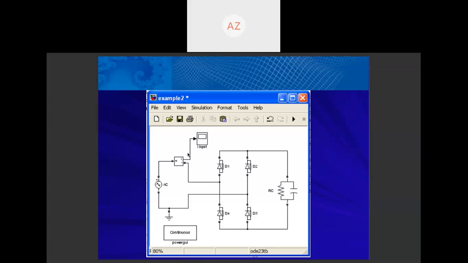Let's say we model a basic bridge rectifier circuit. We want to observe the quality of the supply current waveform in terms of its total harmonic distortion level, and we can analyze the harmonic spectrum in the supply current waveform.